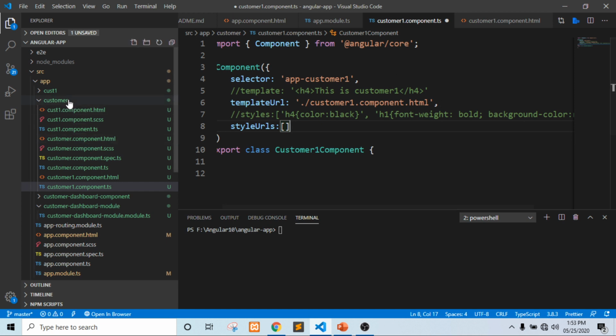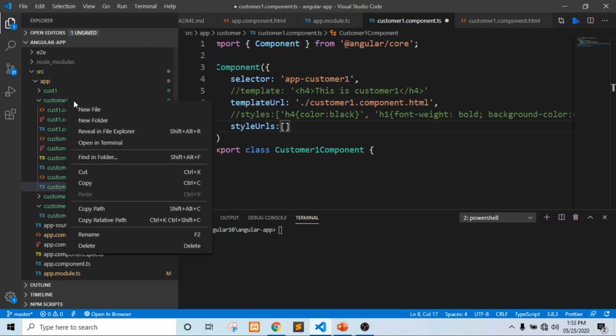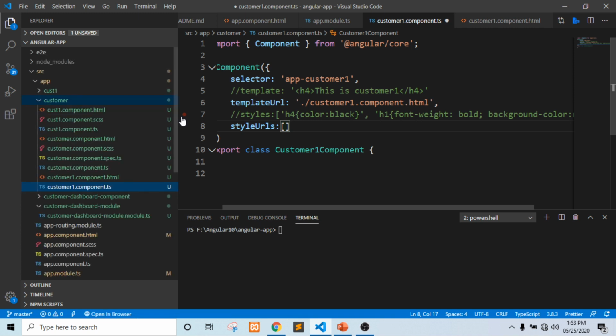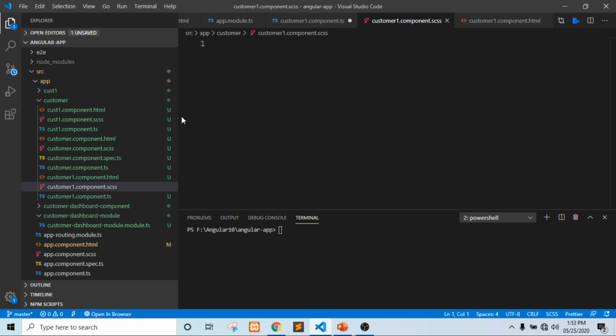Now I have not created any customer one component CSS file, so I can create one. I will click on the customer folder, click on new file, then customer one dot component dot SCSS. SCSS is an extension, a CSS preprocessor. Now we can create a class h4 or something, whatever. Color can be, suppose, blue.